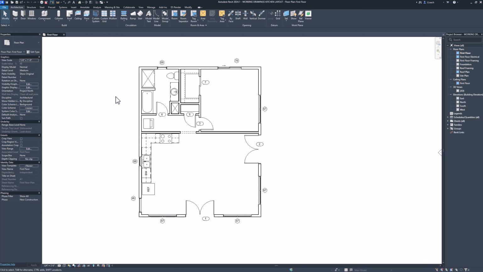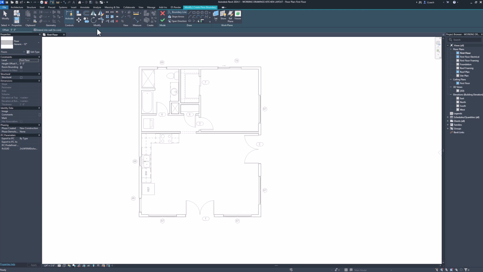To add a floor, I'm going to go to Architecture and click on Floor. We're going to go Floor: Architectural. Now I don't want a generic 12-inch floor. That's a little bit much for what we have here. I'm going to choose the concrete slab 4-inch,